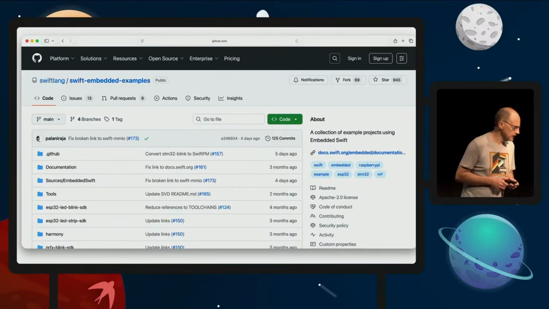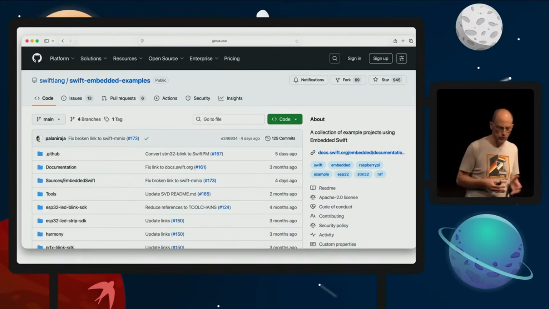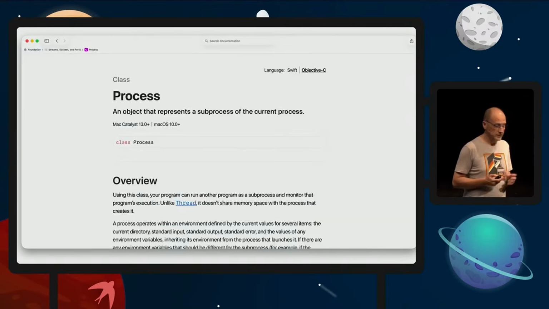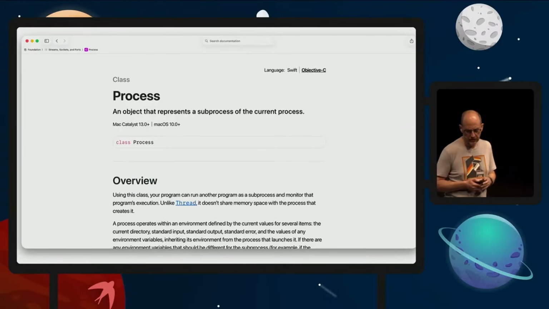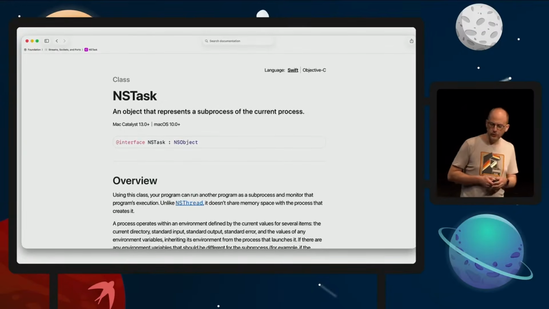Now let's go back to the desktop. I don't know if you've ever wanted to spawn an external process, for instance, running a non-Swift command line tool to process some data. Well, I did, and I used Process for that. That's the current way of doing it. It's a bit old. It uses completion blocks and notifications. And in fact, if you look at the Objective-C documentation, it's the old NSTask. Also, getting the IOs right is not straightforward.